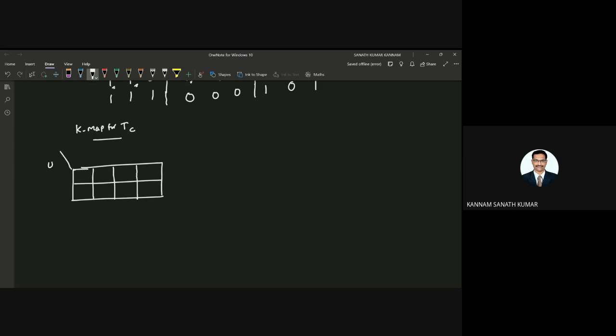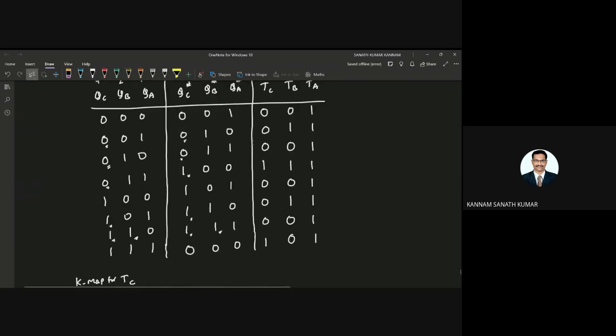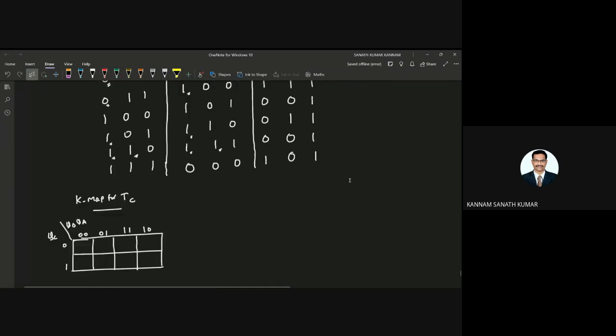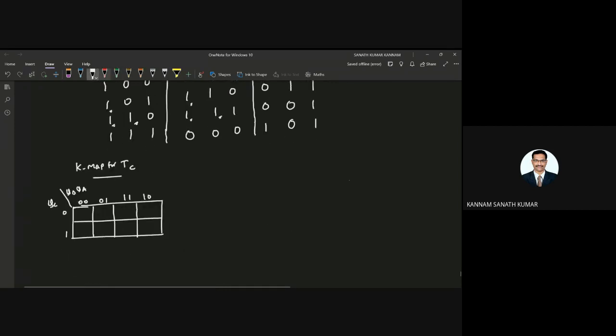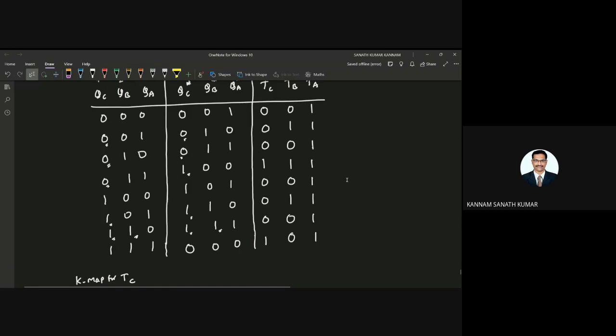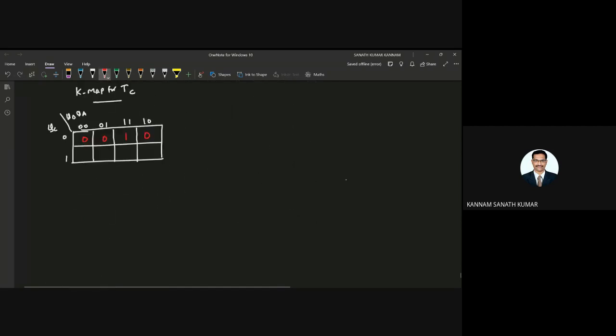So this is QC, QB, and QA. 0 0 0 1, 1 0 1 1, 0 1. So if you see this one, so first 4 0 0 0 1. And next 4 if you see in TC, 0 0 0 1. So I'm making for this ones.